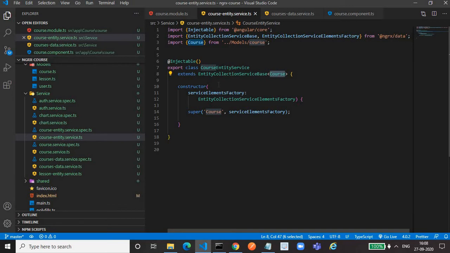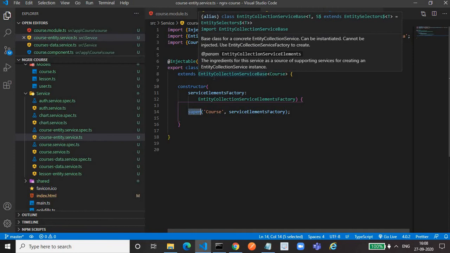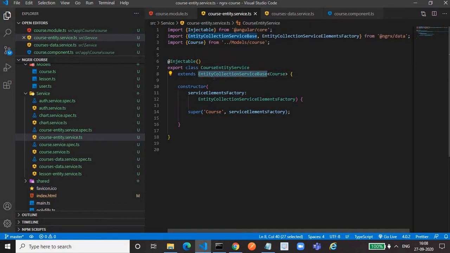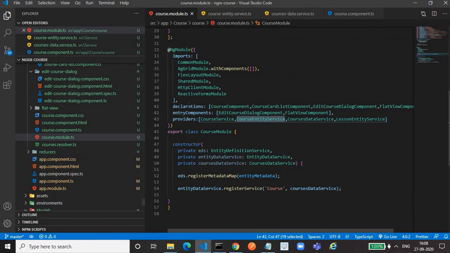And in the constructor we have to create an instance of entity collection service element factory, and within the constructor we have to call the super keyword to call the constructor of this parent class. So in the super keyword, we will provide the entity name that we have mentioned in the courses module TS file, in the entity metadata map, right?